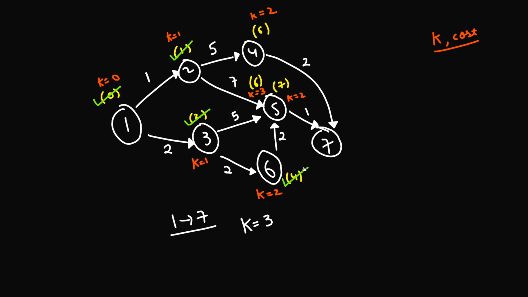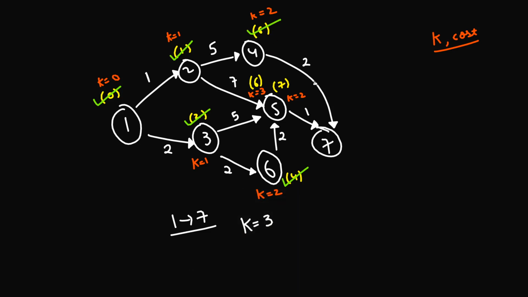Okay, so with that, this node is also completed, and the nodes that we are left with, this and this, again will give the priority to k. So if I see here, the minimum value of k is 2, which is for this and for this, and since both of them are having the same k value, the next thing that I'll be looking at is the cost. So since this city is having the cost of 6, I'll be processing this city first.